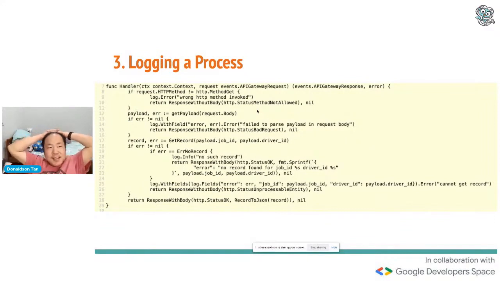Another common issue we always see is logging. During logging there are problems, and the most common problem is people are not logging useful things. They are just showing a lot of extra information that might not be useful. You look at this code, and it shows you some useful things, like when the HTTP method is wrong, it will log the wrong HTTP method. But then you need to ask yourself, if you are the DevOps person receiving the log, how does the message look?